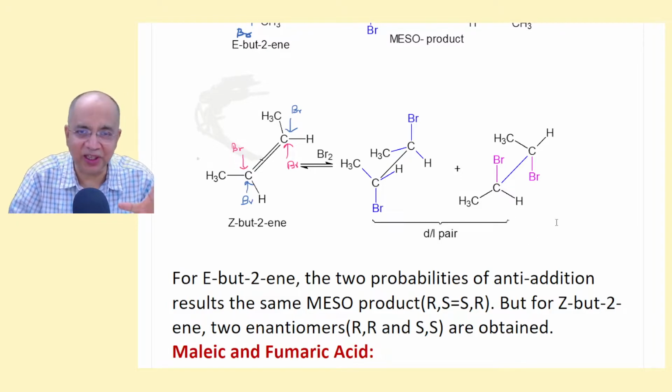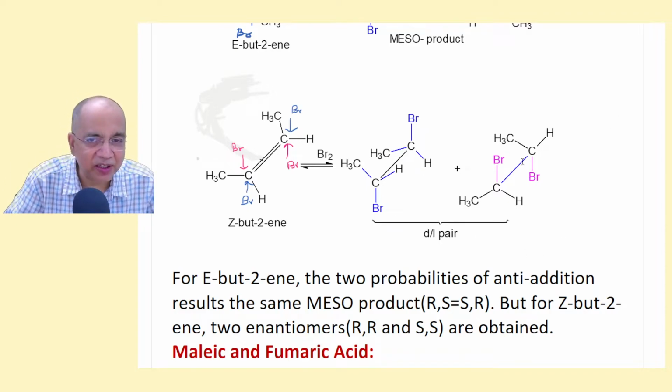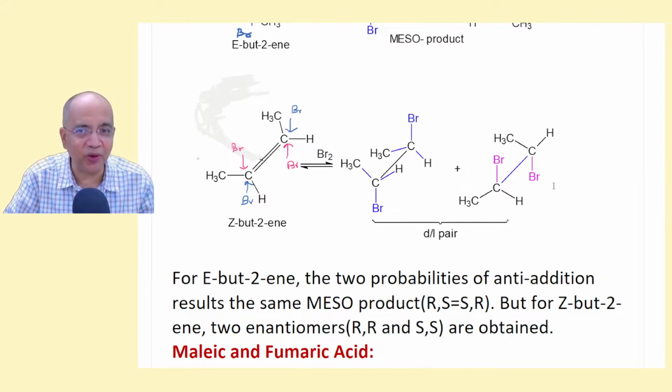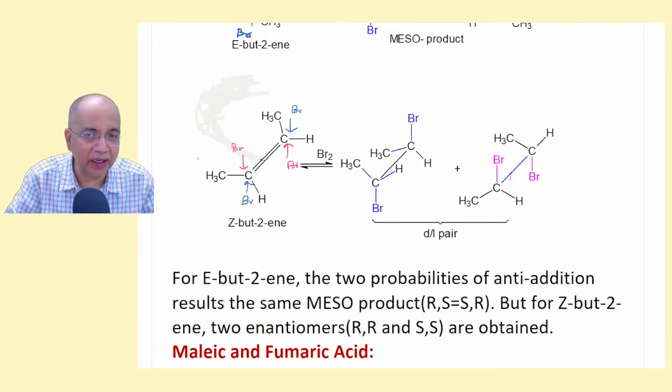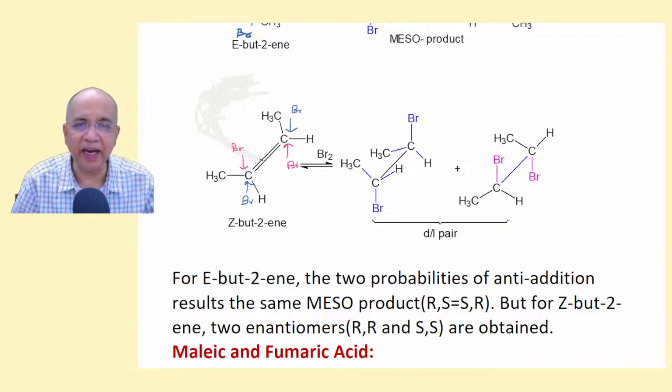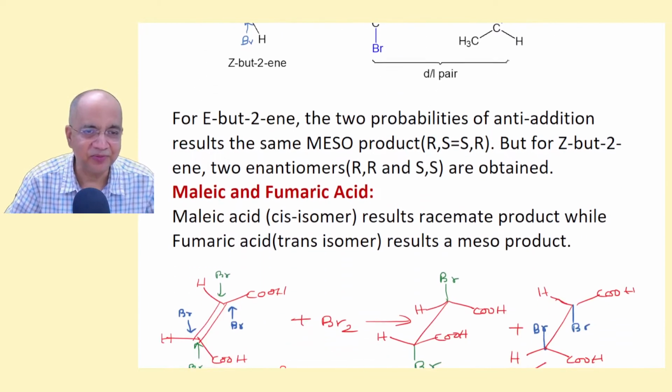You can yourself, keeping one part fixed and rotating the other, find a mirror image of these two. And then keeping that, you rotate this, bromine will come down and hydrogen will go up, and it will look exactly like the mirror image. I have not done that. You can rotate this two times, one rotating up and then rotating down. You will find the two are not superimposable, they are mirror images, right?